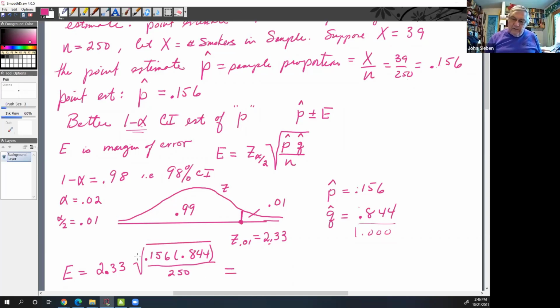There's nothing in here that we wouldn't just do with the calculator. So assuming that we've got our calculator out, we punch in all those numbers and it's